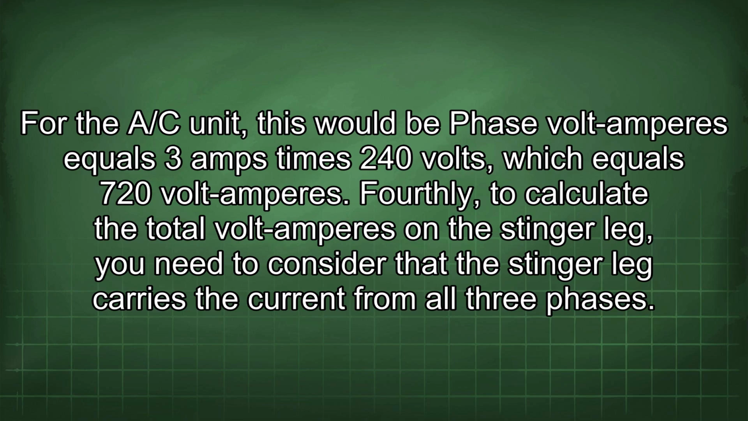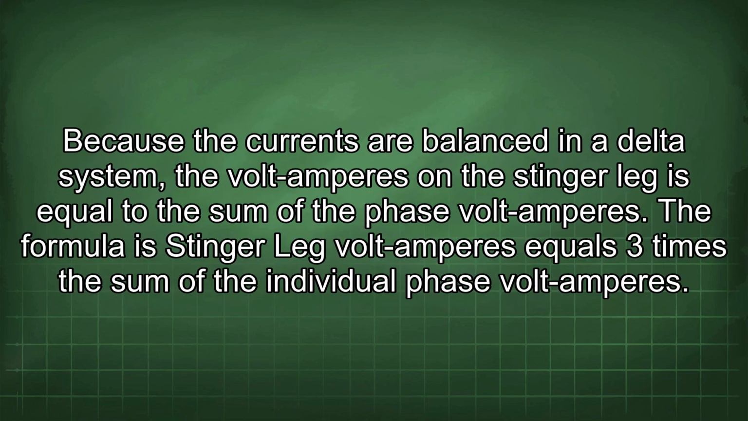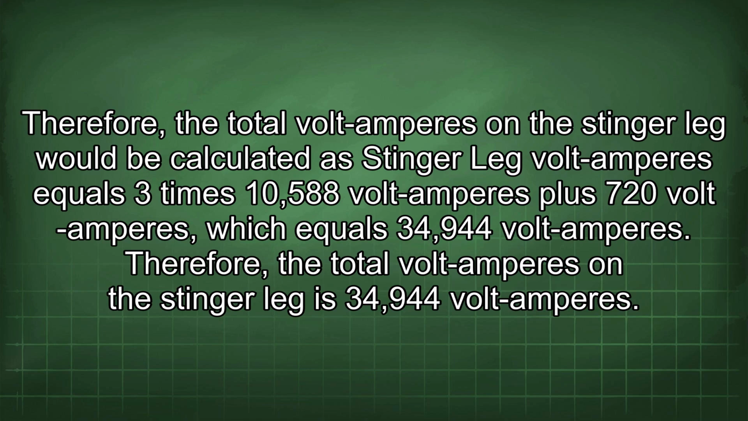the stinger leg carries the current from all three phases. Because the currents are balanced in a delta system, the volt amperes on the stinger leg is equal to the sum of the phase volt amperes. The formula is stinger leg volt amperes equals 3 times the sum of the individual phase volt amperes. Therefore, the total volt amperes on the stinger leg would be calculated as stinger leg volt amperes equals 3 times